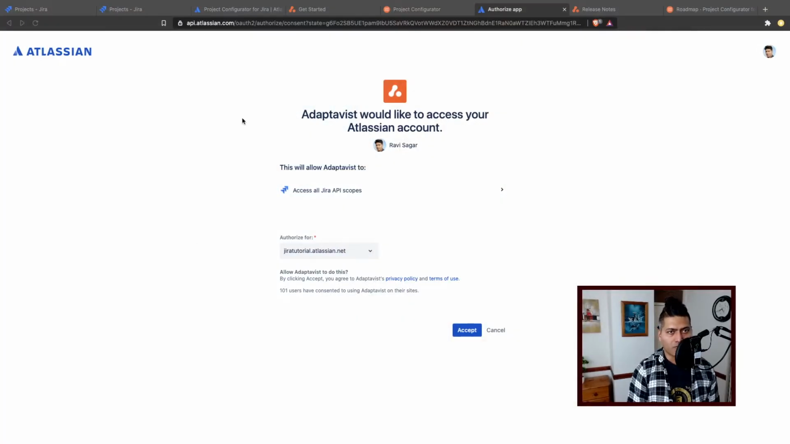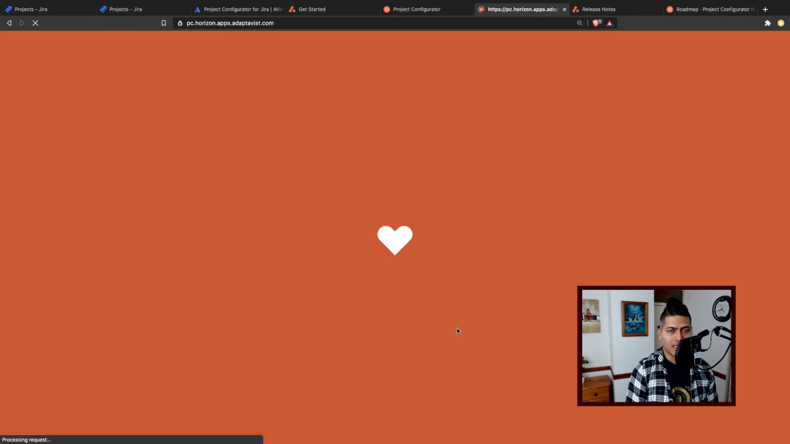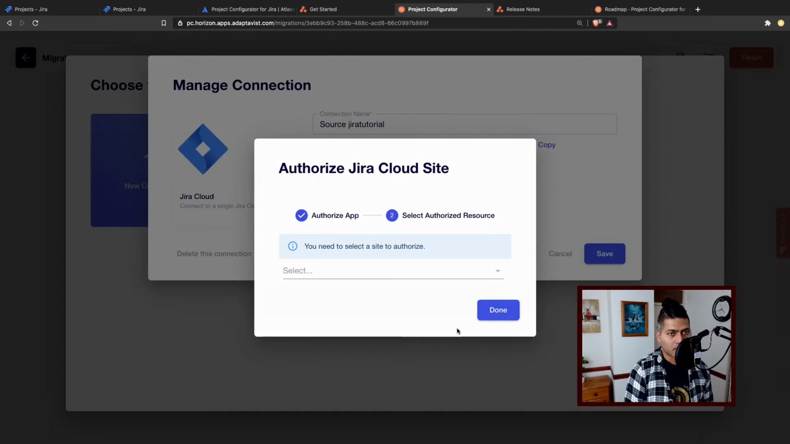Once you do this, it will ask you to select. I can probably show you very quickly. If you select this option here, while you're authorizing, you have to select the source cloud instance, and you can then click on the accept, I believe. And of course, you have to do the same thing for target. So let us click on the accept, and you have to basically give them permission to access your cloud instance,